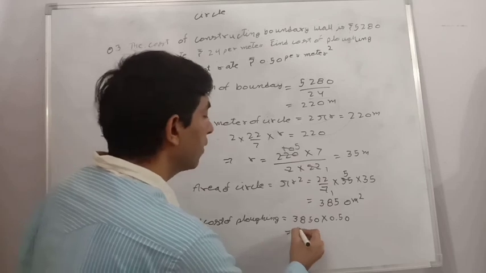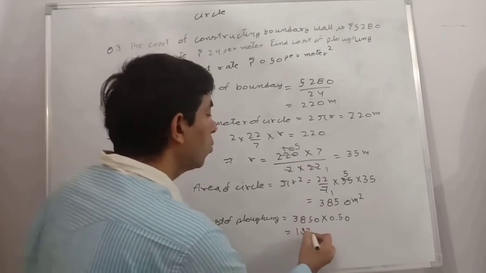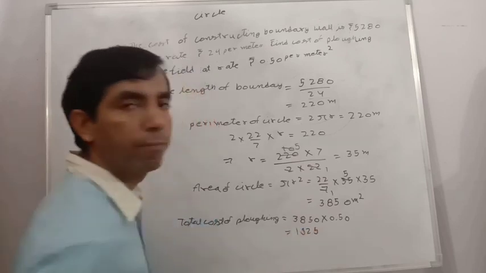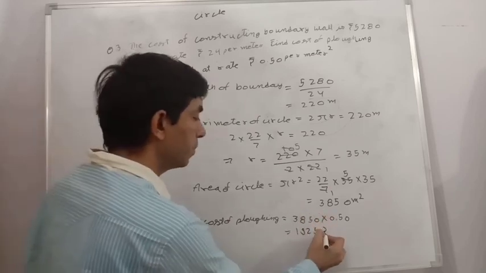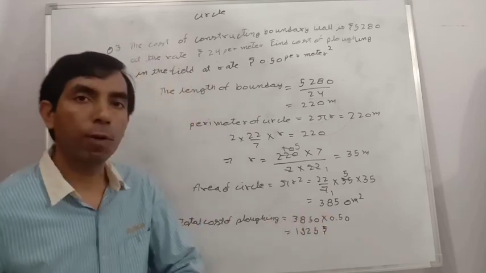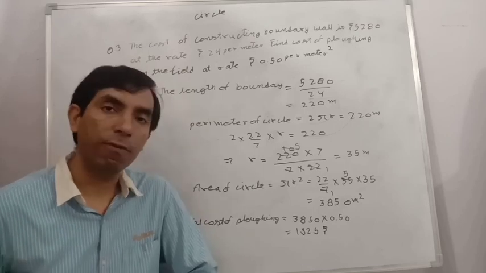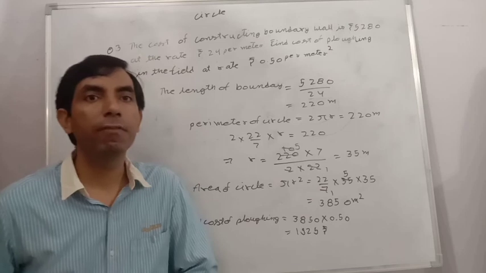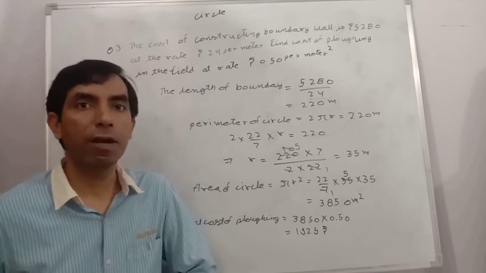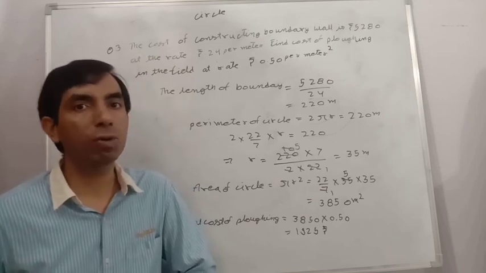After solving it, we get 1925 rupees. It means for plugging, the total cost is 1925 rupees. By this method, we can find the cost, rate, total cost,